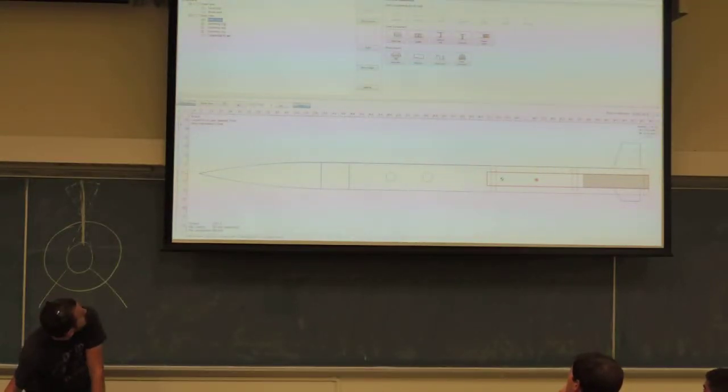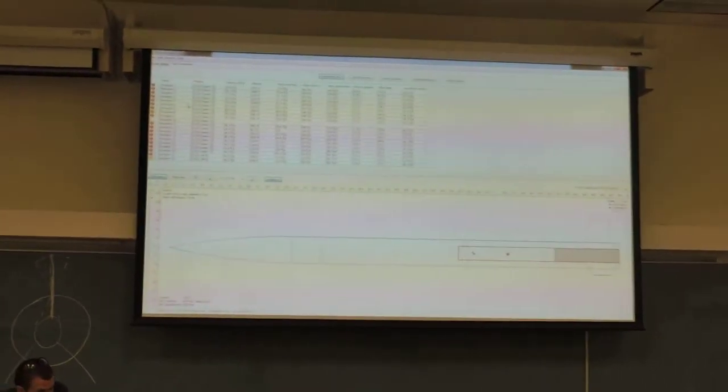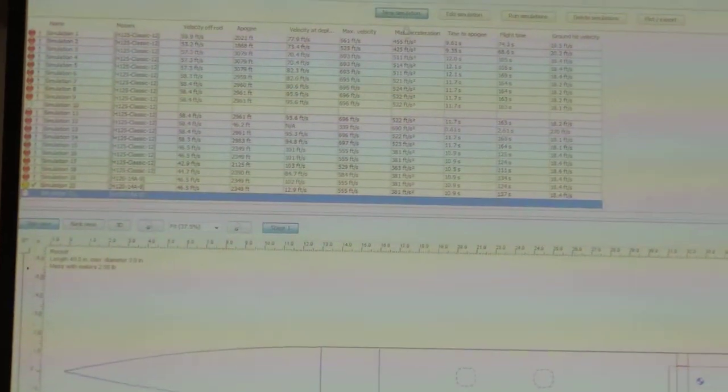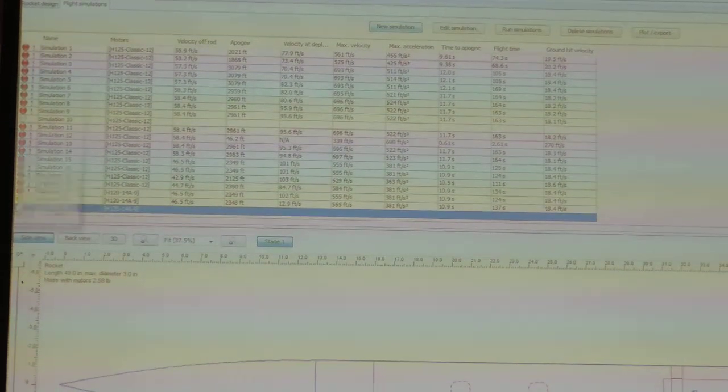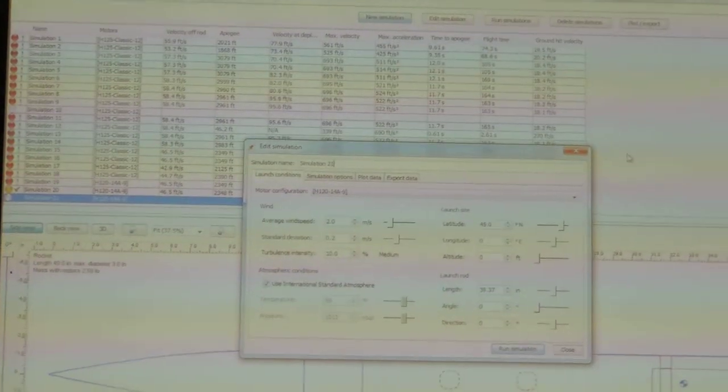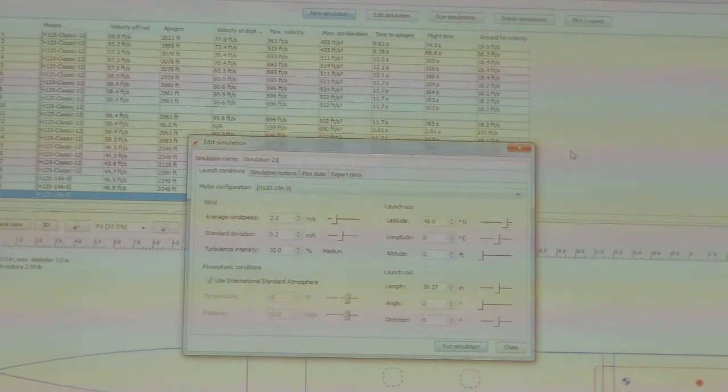So the other cool thing about this is basically what you're designing for. So yeah, it looks all cool and fancy. You put it as a desktop background if you want, but the main thing is go over to the simulation tab and go ahead and hit new simulation. We're going to pop up with this window here. Okay? So this gives you the ability to type in any parameters you want for a launch